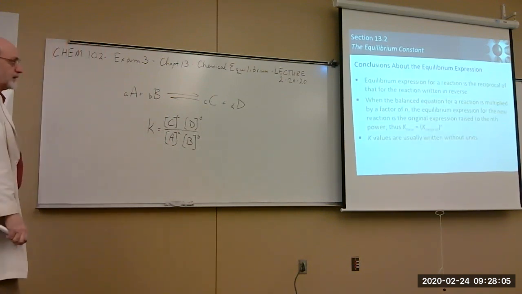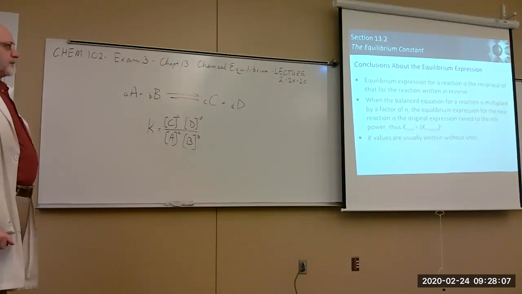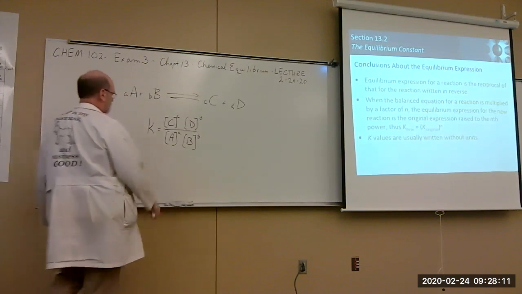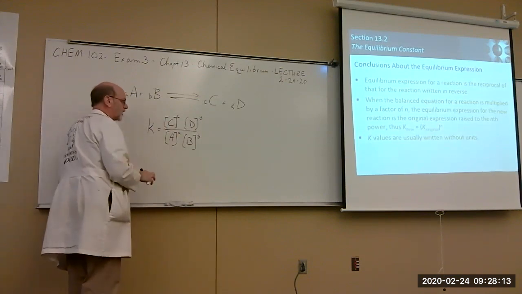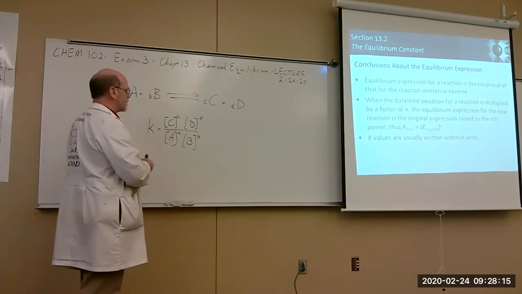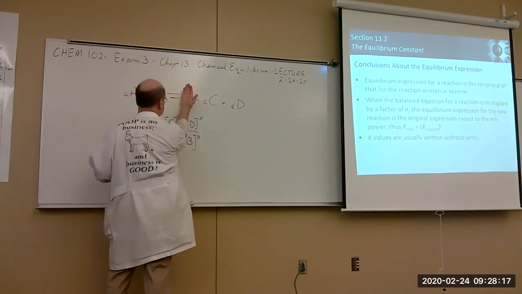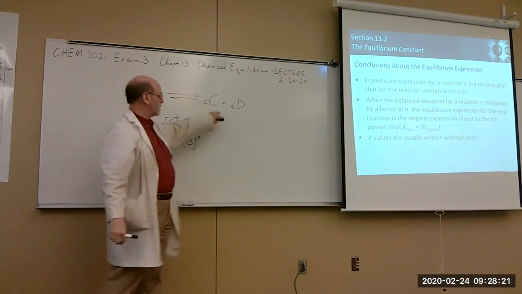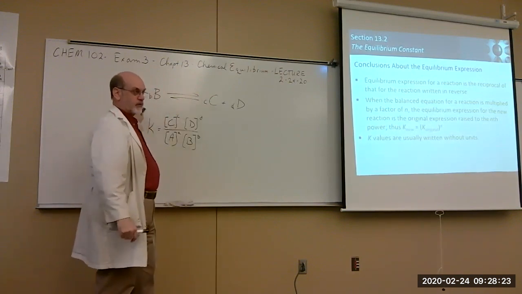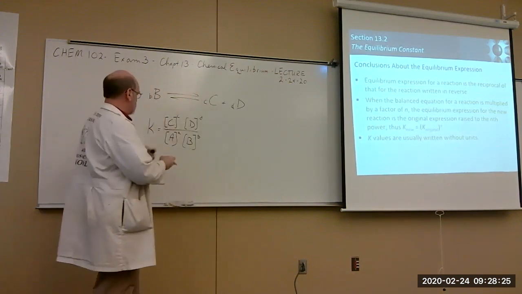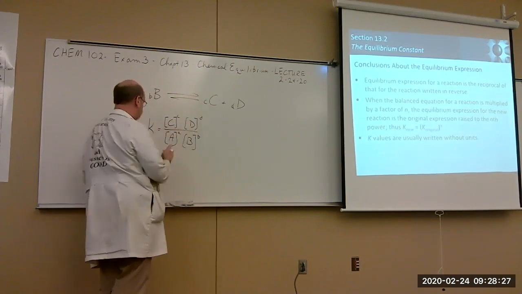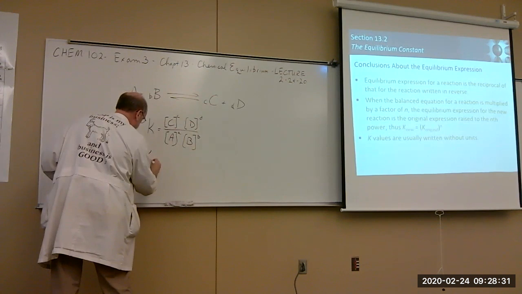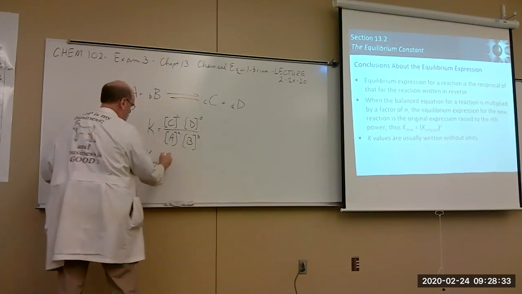So what would this expression look like if we just took the reaction and flipped it and made these the reactants, these the products? This whole thing would be flipped, yes. So the K of the reverse reaction would just be